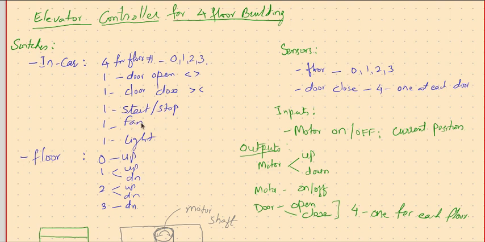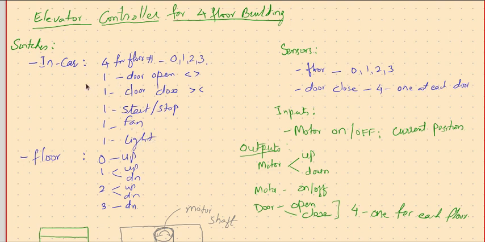There is a fan inside the cabin, so there is a toggle switch here again. Press once, the fan turns on, press again, the fan turns off. So it depends on what you want. You select whether the fan should be in on mode or off mode. In the same way, there is a light inside, and there is a switch for changing its state. Press once, the light is on, press again, the light is off. So it's again a toggle operation.